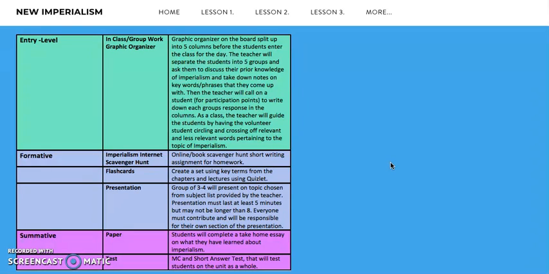So no longer entry level. We've had that knowledge discussed. Now I want you guys to use your brains for this section. So I have the Imperialism Internet Scavenger Hunt, similar to the Webersize, but a little bit more in depth. It's an online and book scavenger hunt that you'll be using just short writing assignments, just a few sentences to fill in those blanks. Also, I will have you guys create your own flashcard sets